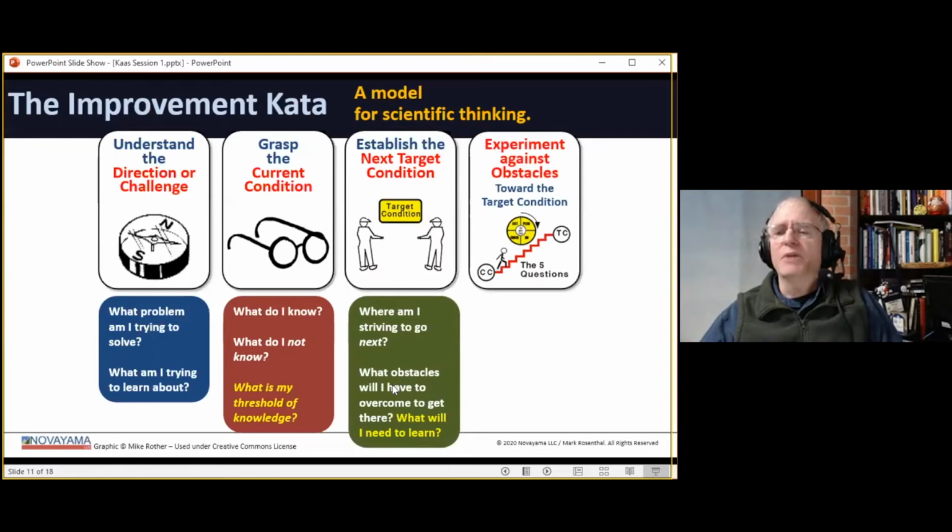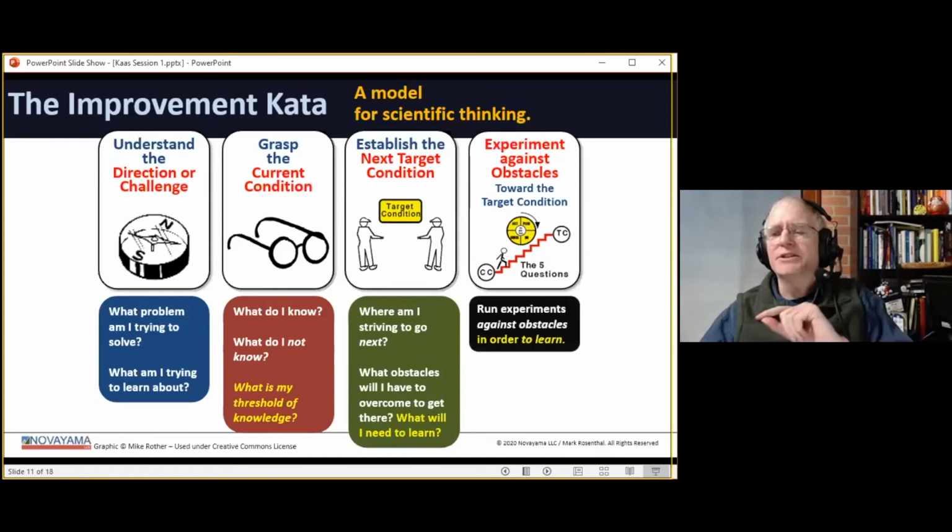Then I'm experimenting against those obstacles and running very, very quick cycles of: what do I need to do to learn? What do I need to do based on what I know now? What do I learn next? And running experiments against those obstacles. And this is the fundamental